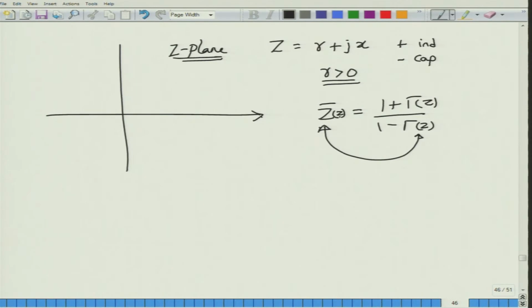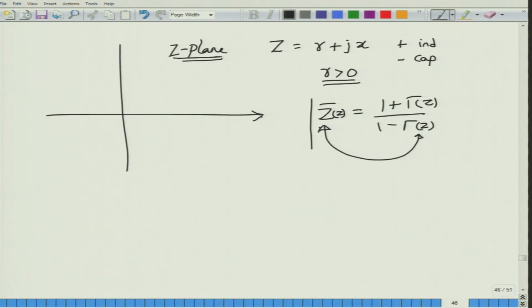So, you might be seeing a lot of Z values being used. Please excuse this notational inconvenience. I hope the context is making it clear which Z we are talking about. The Z in the bracket corresponds to any point on the transmission line. The Z outside corresponds to the impedance, and a bar over that corresponds to the normalization that we have done with respect to Z0 of the transmission line.